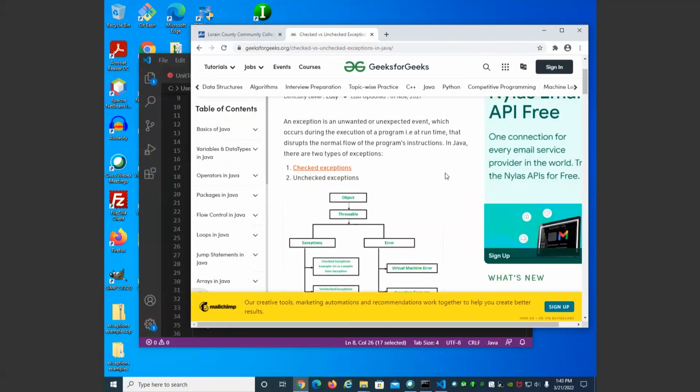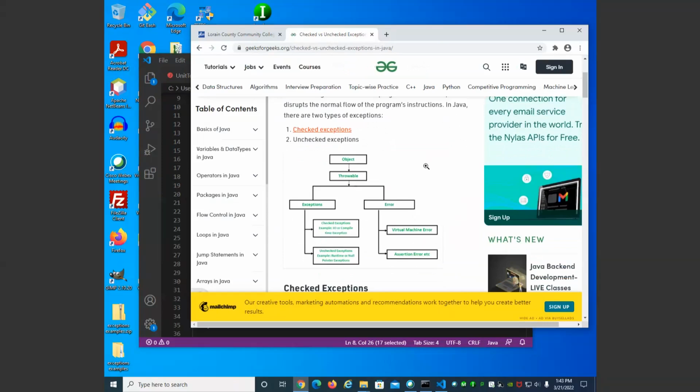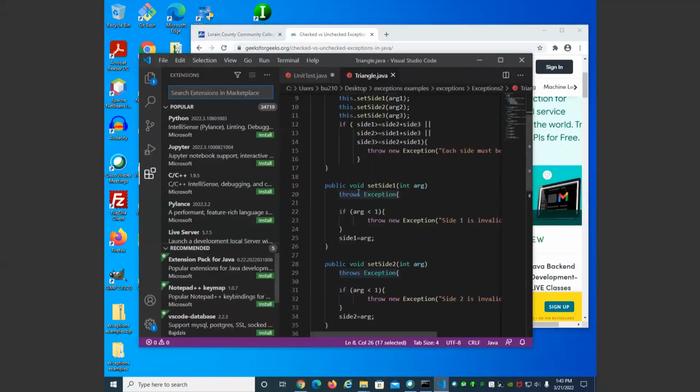Checked exceptions are exceptions that we know could occur, and we have to have a catch that handles it. Somewhere down the line, it has to be handled. So, for example, in this case,